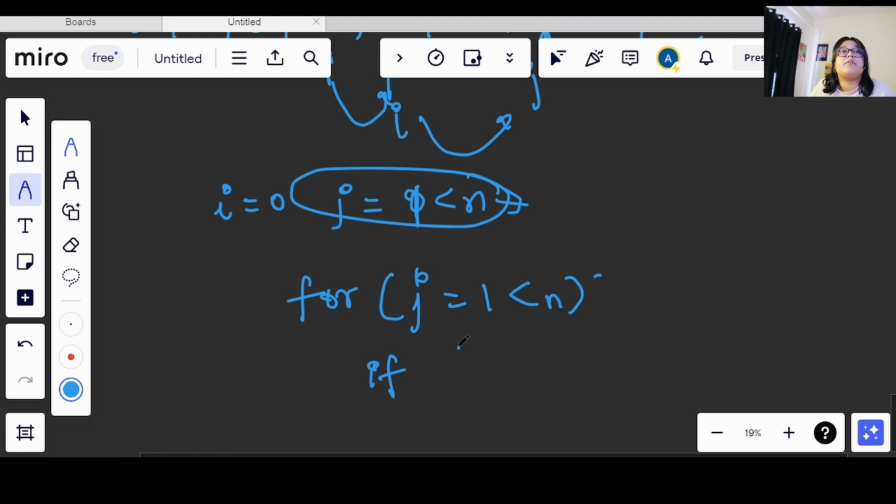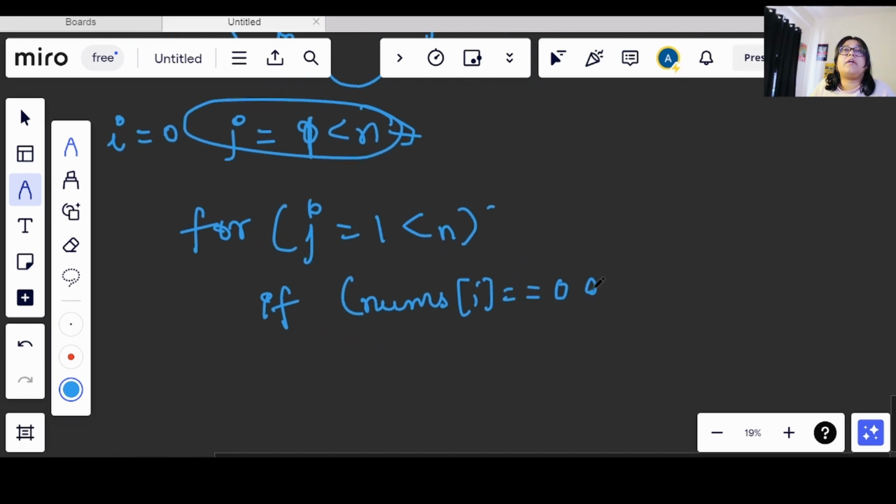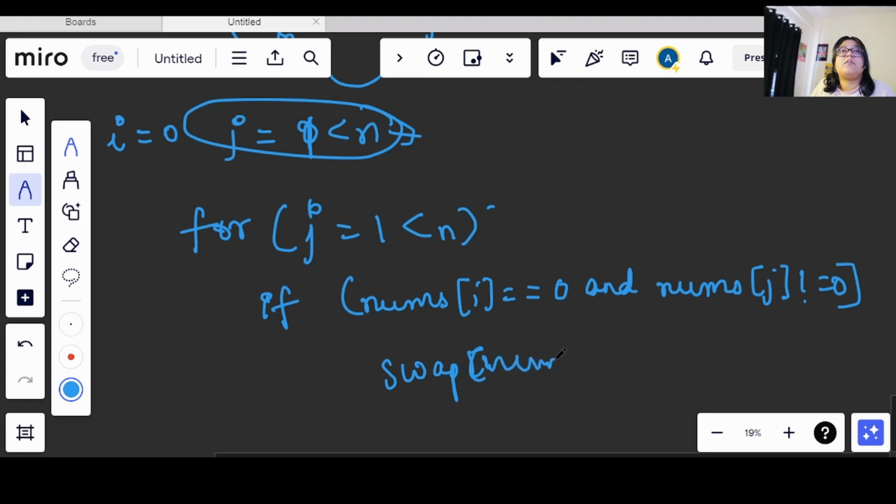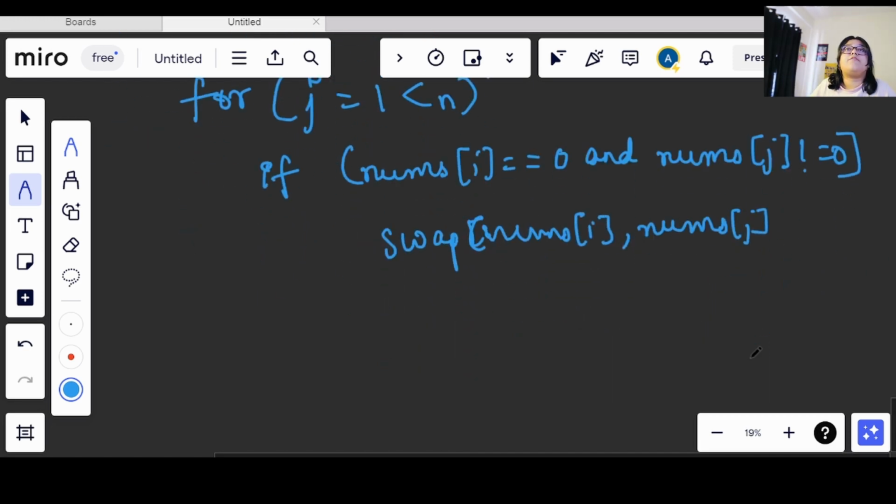If nums of I is equal to 0 and nums of j is not equal to 0, then I will swap both of these. Swap nums of I and nums of j.